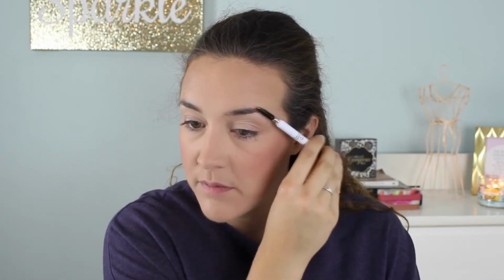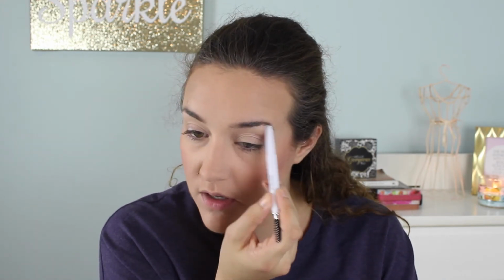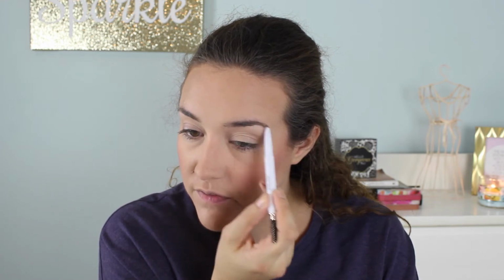Love it. Okay, so that is it for the face. That is legit all I do, super fast. So moving on to the eyes, I'm going to start off with the brows, and I'm using my e.l.f. Instant Brow Lift Pencil as always. This is in the shade Taupe, and this is a brand new one. Love a nice fresh brow pencil. And I just fill in